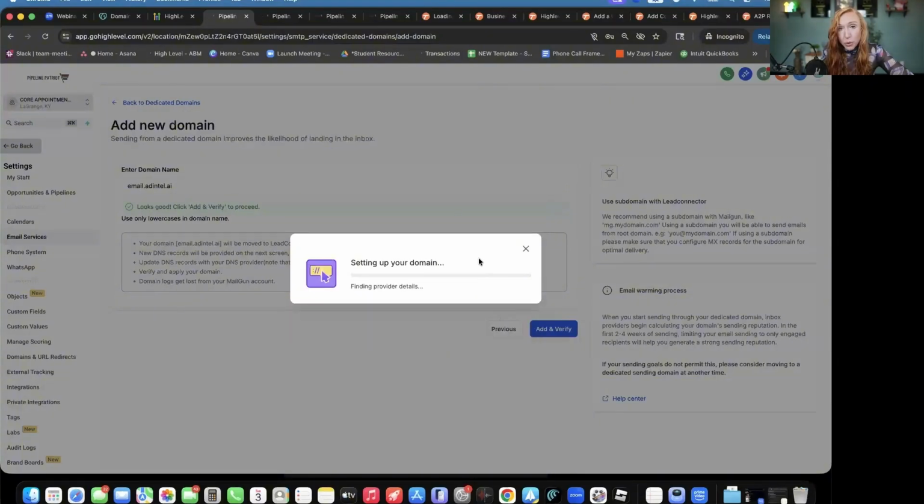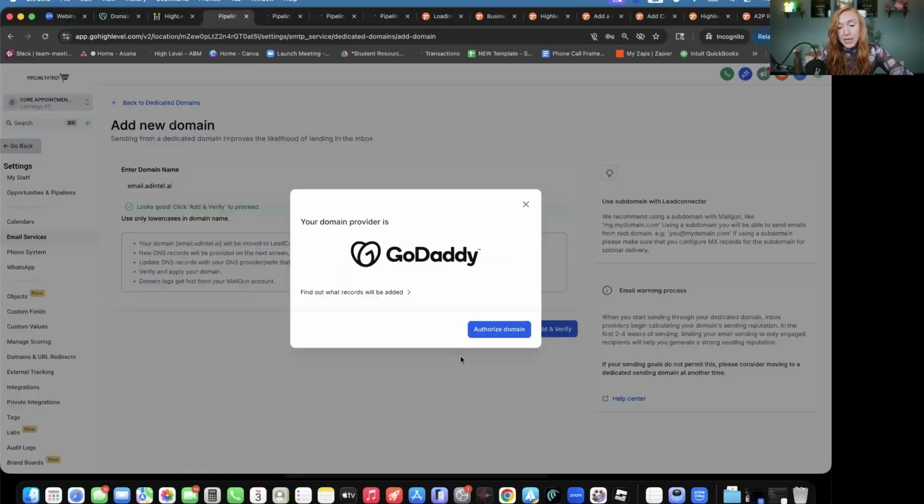But for most people, if you are using a popular domain registrar, it's going to do this exact process that we're going through right here. It's setting up this domain. It knows that my domain provider is GoDaddy. We're going to click on authorized